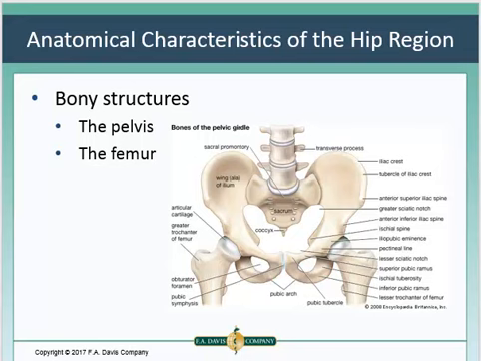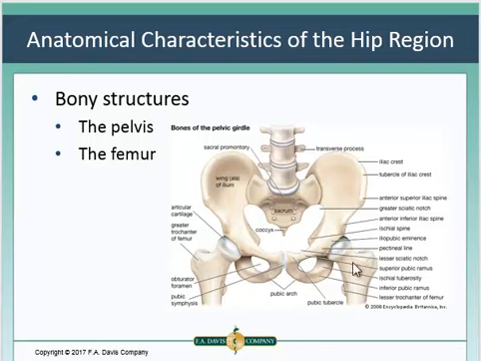So the pelvis, you have a right and left innominate. So this here would be the right innominate, and over here is the left innominate. They are joined at the symphysis pubis, so right here in the center, and they also have attachments onto the sacrum. The femur comes in and joins at the pelvis at the acetabulum,